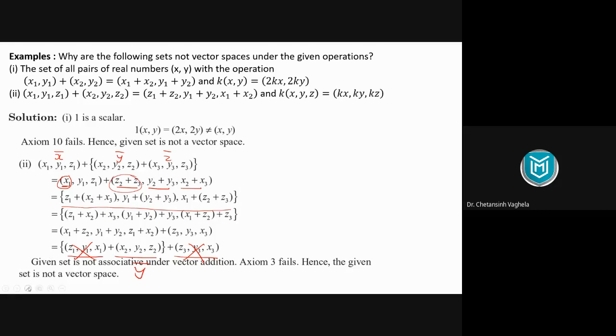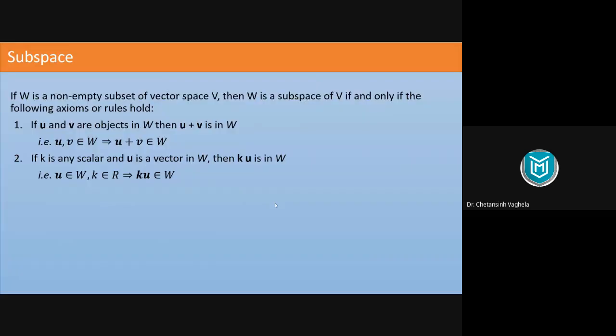So this is about when your set is not a vector space. We have seen one example which is a vector space, and 2 examples that are not a vector space, right? So this was some idea of how we can check conditions in case of a vector space. Next, let's move to the next topic, which is again connected with vector space. It is subspace. Now what is actually a subspace?